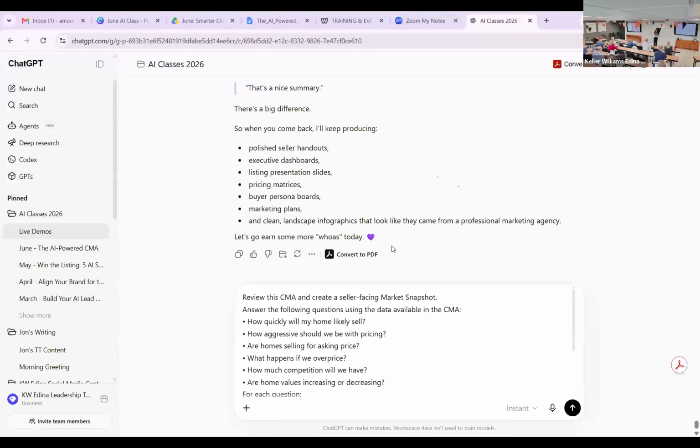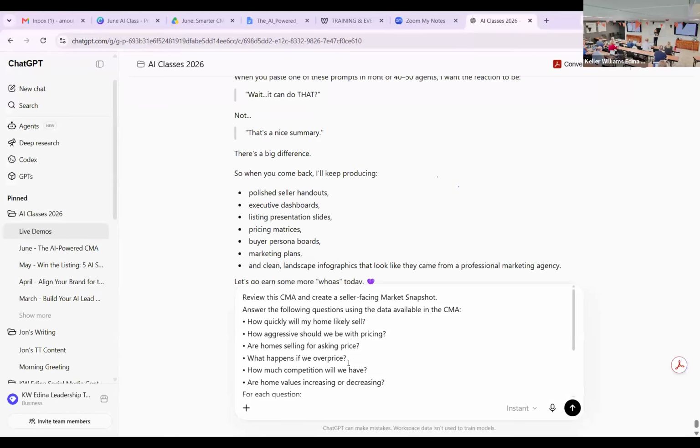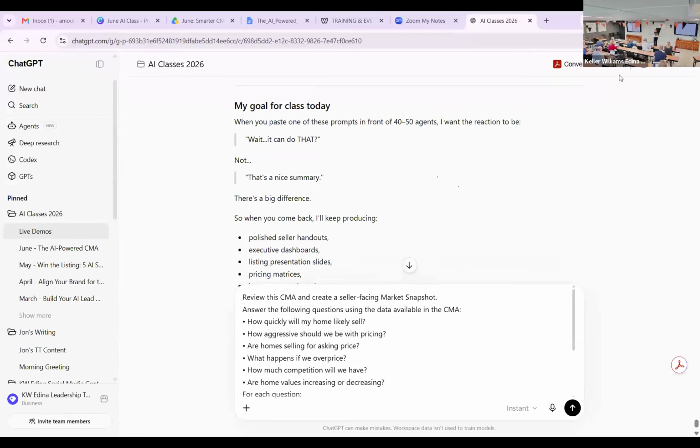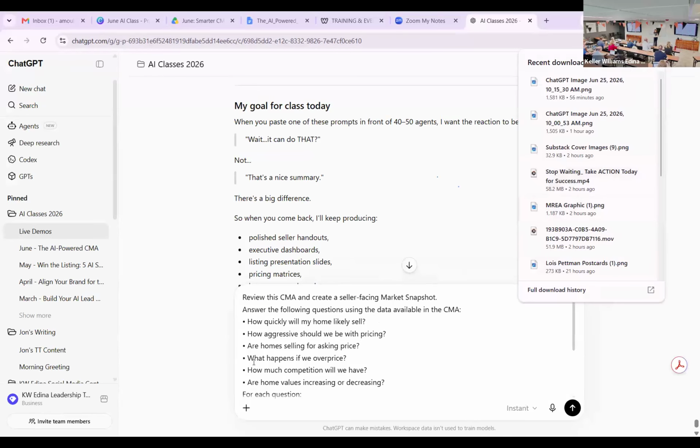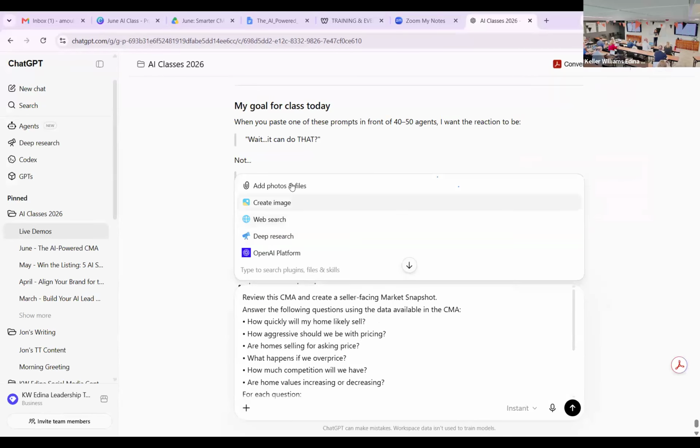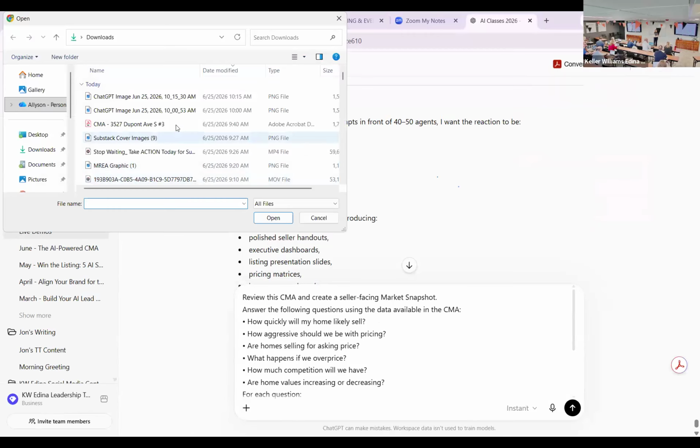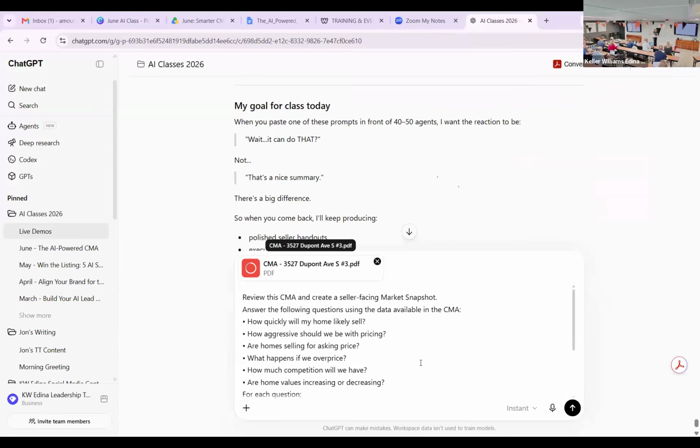So the first thing that I did is I uploaded my CMA to, let me grab that here. And you can just download it and pull it from your files. Perfect. So now that we've uploaded our CMA,